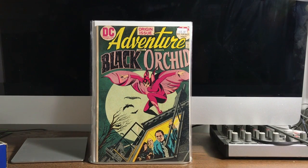So I don't know. Maybe I should have bought it, maybe I shouldn't have. I don't know. But it's a tough book to find. Not necessarily an expensive book, but it is tough to find. It's in fine plus, VF minus condition. Okay, now